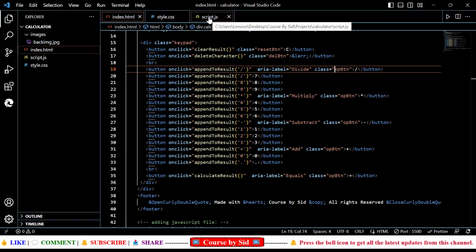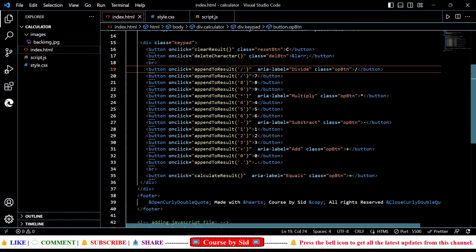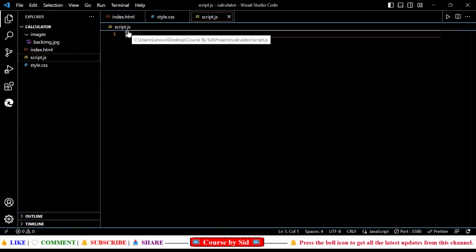Now the only thing which is left is the JavaScript file for adding the functionalities to these buttons, right? So we'll first create one function. So we're going to copy this function, append to result function, right? And we're just going to copy paste this in a script.js file. But before that we're going to write function, and then we're going to copy paste this, and then instead of writing the argument, we'll write value. We'll pass value as the argument over here,